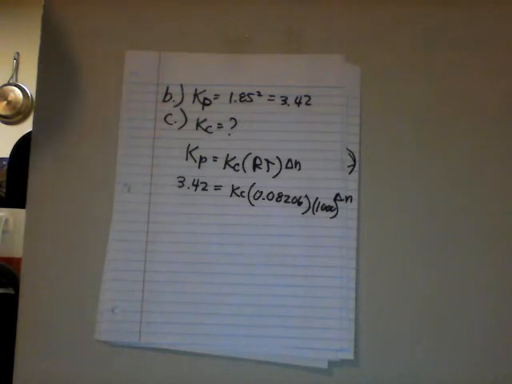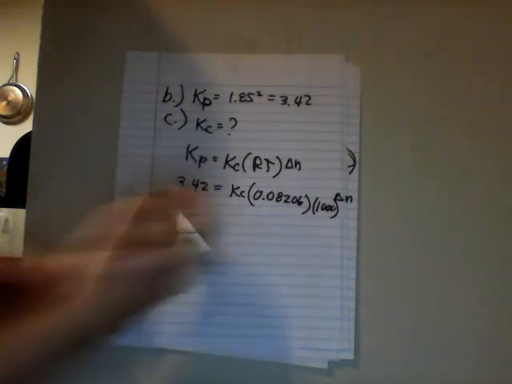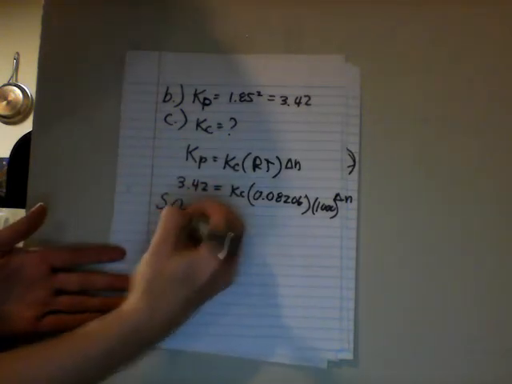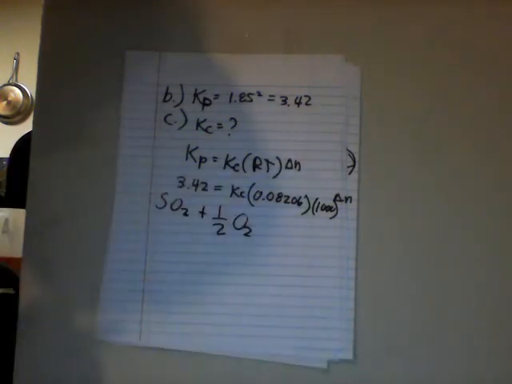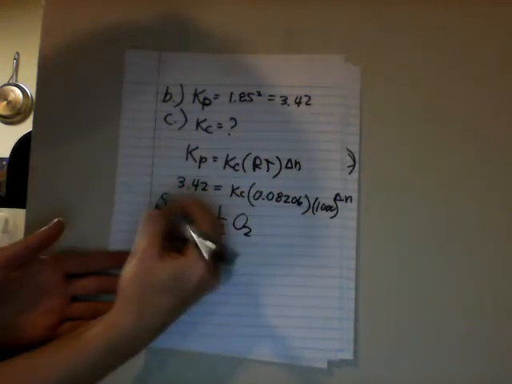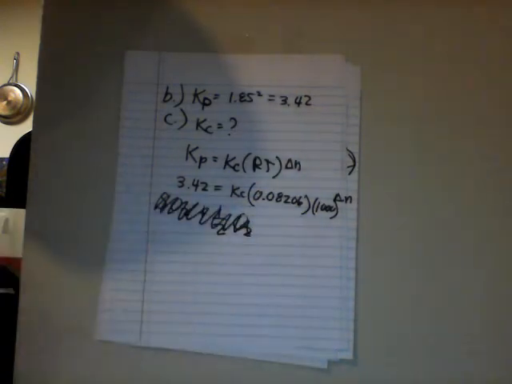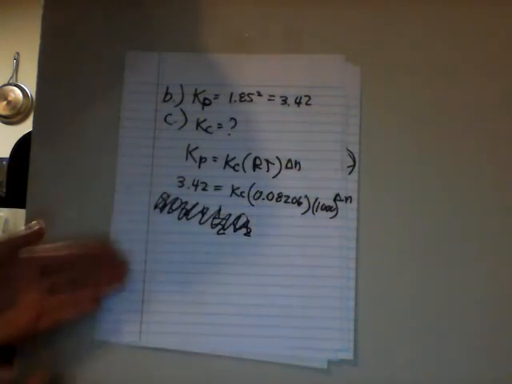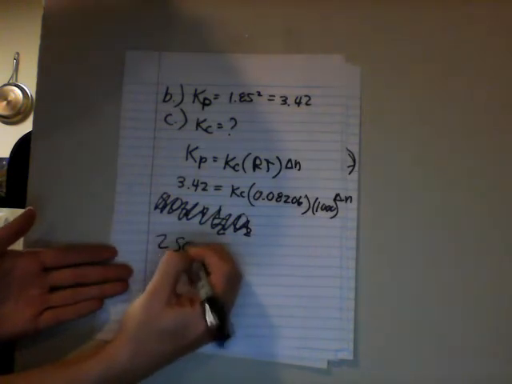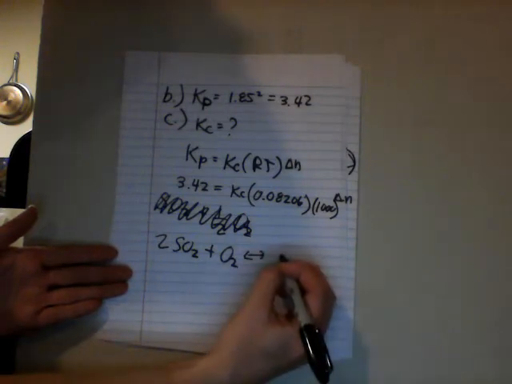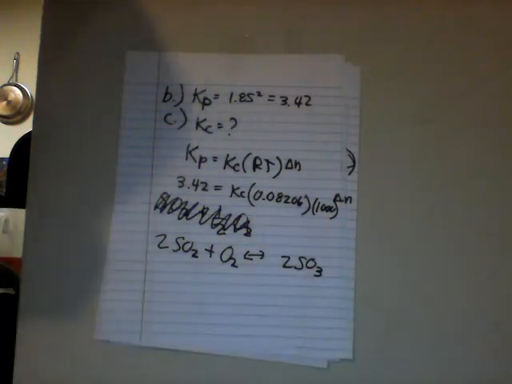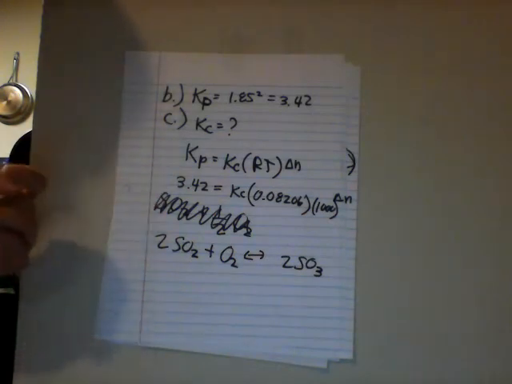So, looking at this, all of that makes a lot of sense. Where does delta N come from? Well, I took the reaction down because I've been writing on every single page. But let's rewrite the reaction. We're looking at part B, correct? So I was writing the original reaction. Part B's reaction, because I multiplied everything by 2. So this is the reaction we're looking at, not the original one that was given in the very beginning